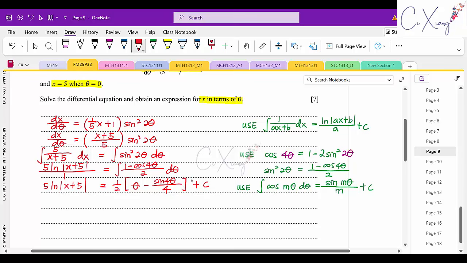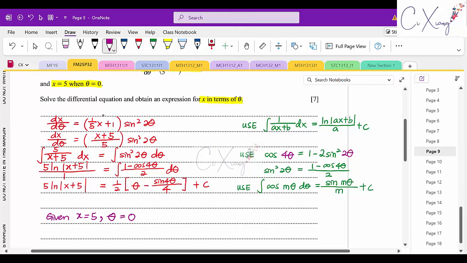How can we get the value of the c here? You have to use the initial value given in the question. So they said when x equals to 5 and theta equals to 0. So you can write it here. So given that x is equal to 5 and also theta equals to 0,